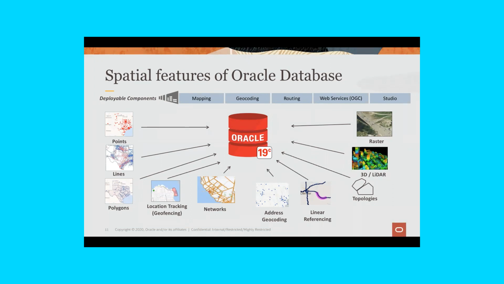In addition to that, we have a different layer where we provide J2EE applications. So you can take any of these applications and deploy them into WebLogic Server. That will give you an end-to-end two-tier architecture where you can build web applications. The first component in that is a mapping component. This mapping component allows you to take the data out of the database and produce maps.